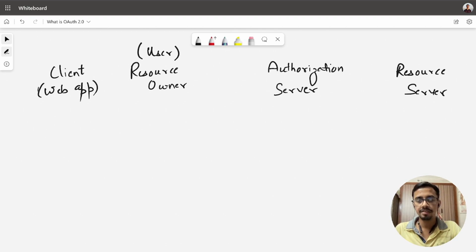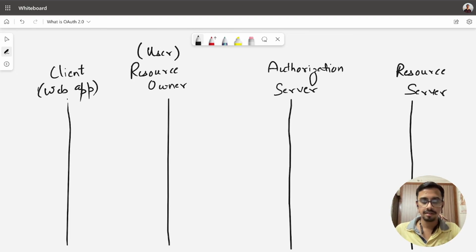But the question here is how are these components actually connected to each other? How does OAuth actually work among, or as a combination of, all these four components? So let us dive deep into these details.